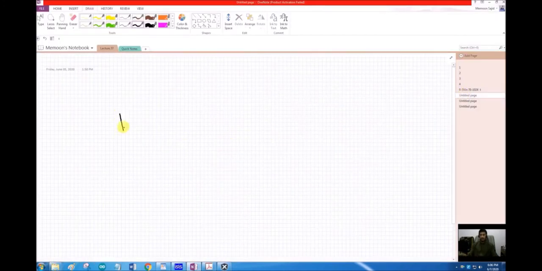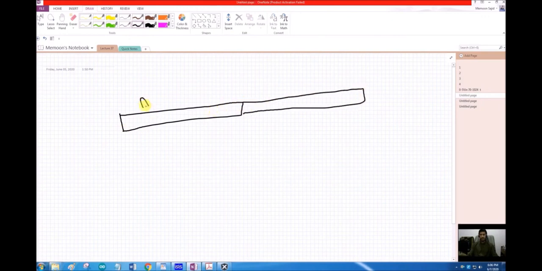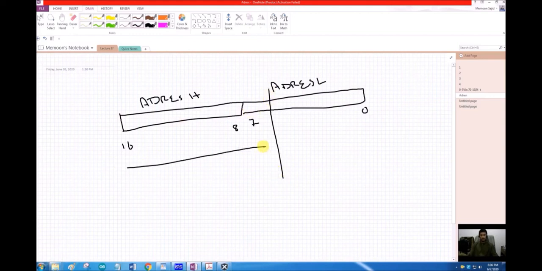Let's see, this is your lower register and this is your higher register. These registers are labeled as ADRESH and ADRESL. These are 2 8-bit registers, 0 to 7 and then 8 to 15. But our number is only 10 bits. So that number can be placed either here or here. 2 bits of ADRESH can be used and 8 bits of ADRESL can be used, or 2 bits of ADRESL can be used and 8 bits of ADRESH can be used.